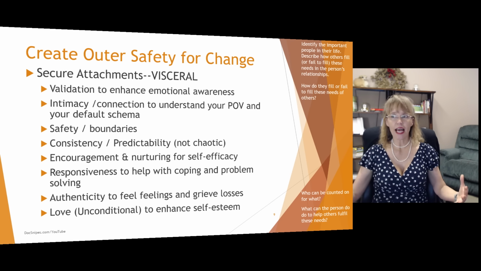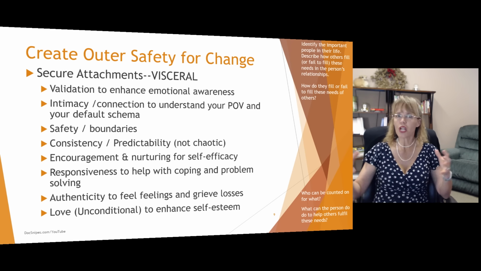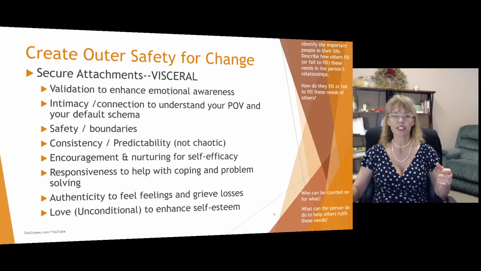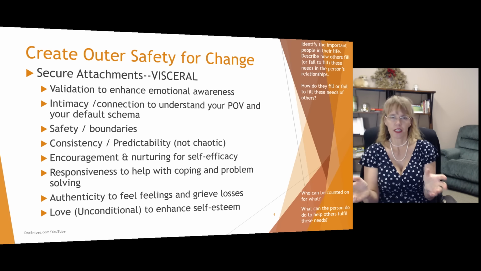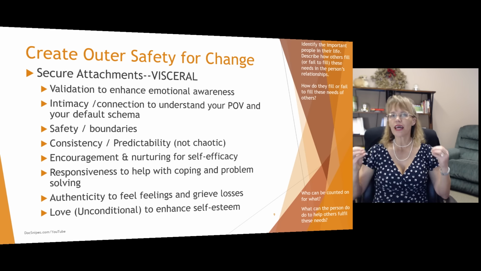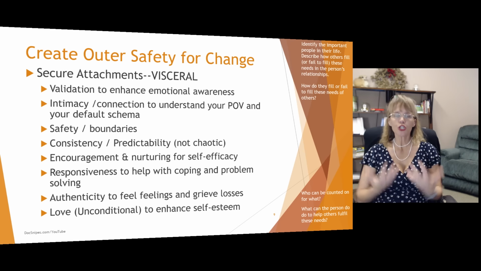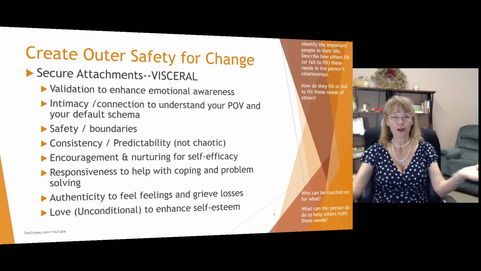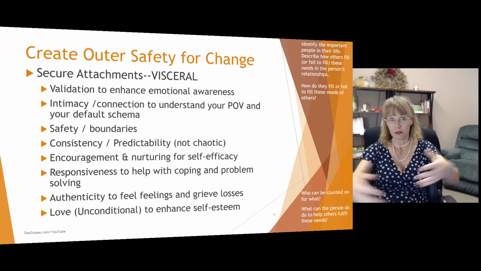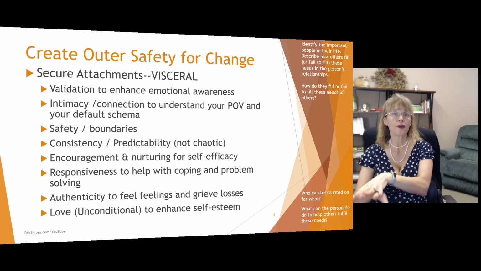And then looking at in what way can people be counted on, and who can be counted on, and for what. So not everybody in your life, for example, is going to be encouraging. And we would love to have that in the perfect secure attachment. The person is always going to be encouraging. But that's not always the way it happens. Humans are imperfect. Relationships are somewhat imperfect. So looking at the relationships the person has, for example, who do they know who they could count on to be encouraging?